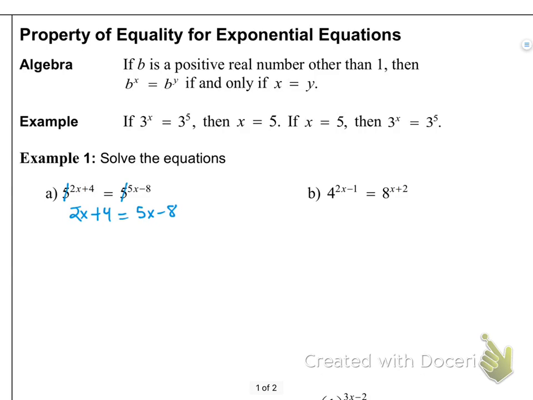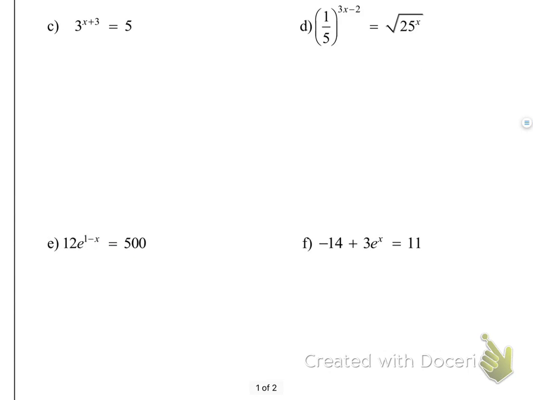Right, so let's move our x's to the right, we get 3x. Move the numbers to the left, so you add 8 and you get 12, which means that x equals 4. And that's it. Example B is actually a typo, so we're going to move on from that and go straight